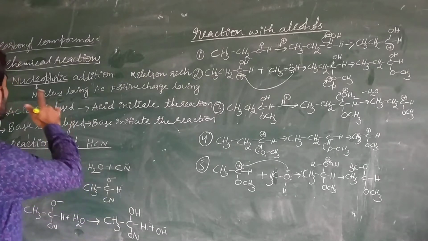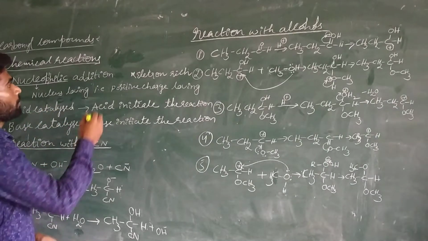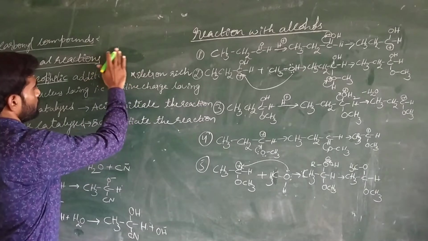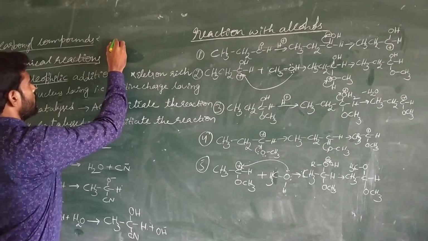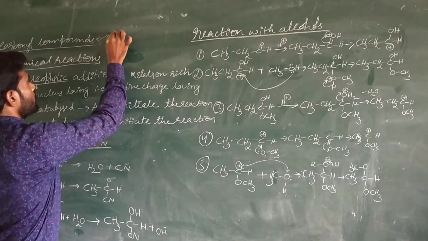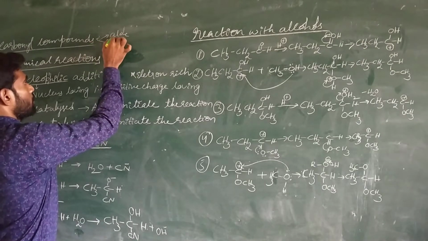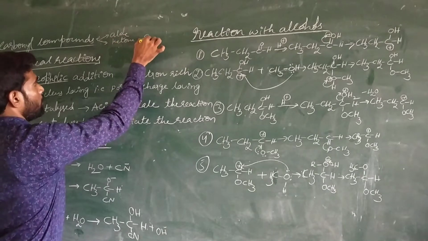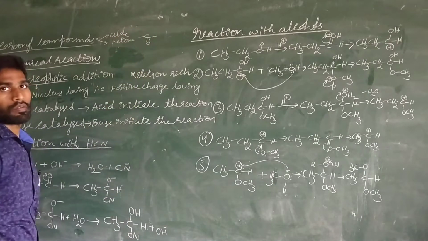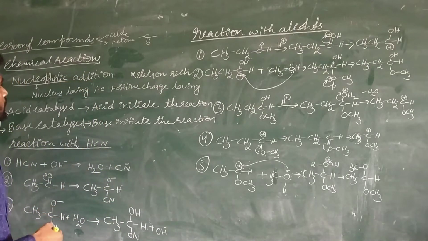Now, we are going to explain the chemical reactions of carbonyl compounds. The general formula of carbonyl compounds: there are two types of molecules, aldehydes and ketones. Aldehydes and ketones come under carbonyl compounds. They generally contain C double bond O as a functional group. Now, coming to the chemical reactions,